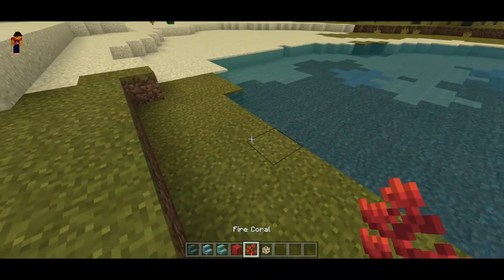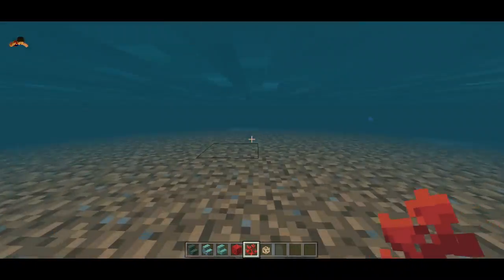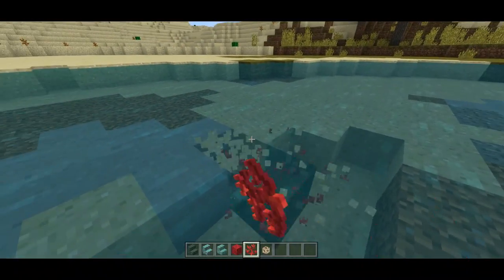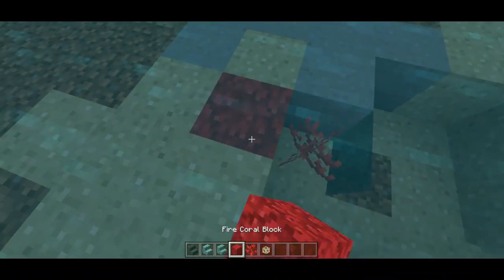Now, this is what happens when you place fire. Oh yeah, these things can only be placed underwater. Let me clear out this area. So as you can see, that can only be placed there, but if we...